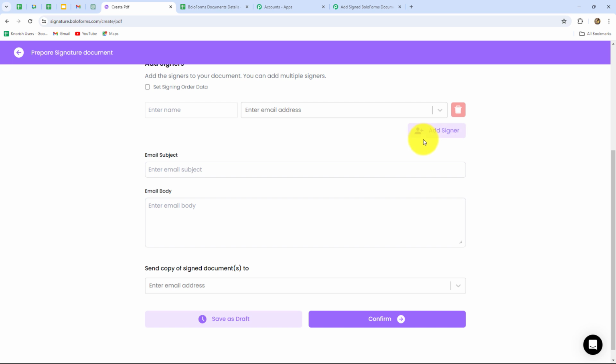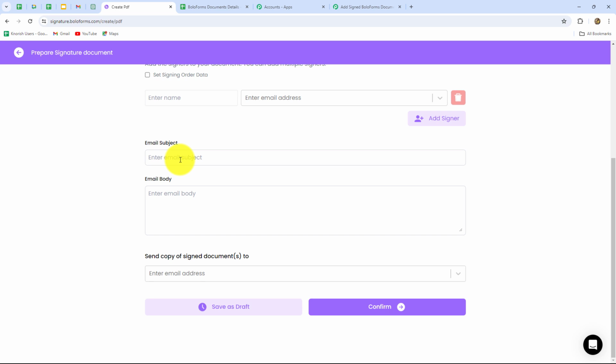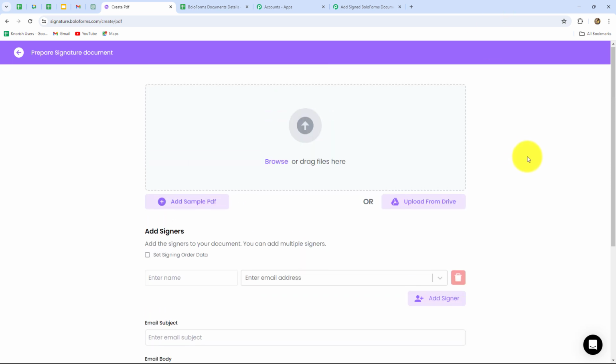Okay, in order to add multiple signers, you will add the name, you will add the email address, then you will click on this add signer button to add one more signer, and in this way you are going to add all the signer details over here. Whatever subject you want to use in the email, you have to enter it over here and the email body specifically. Okay, and then finally you also have to enter the email address on which you want to receive the signed documents. Okay, then you will click on confirm, and as you do that, it will ask you